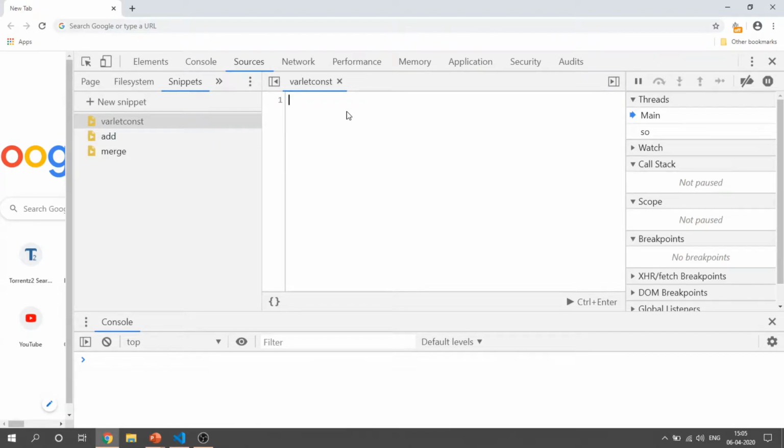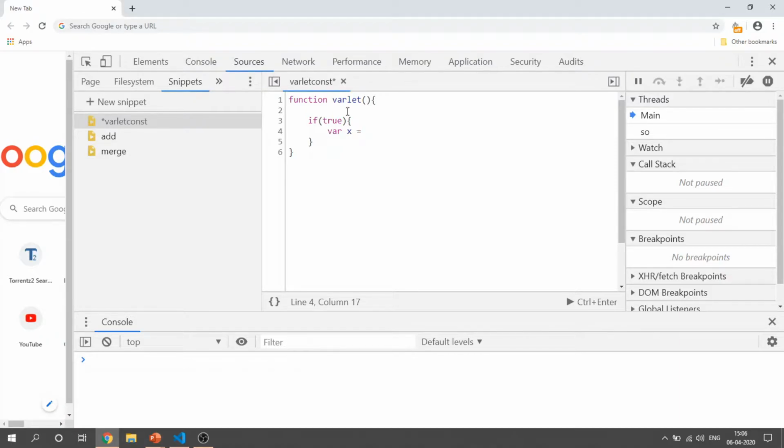Let's define a function varlet, and inside the function we have an if. When it is true, we have, let's say, var